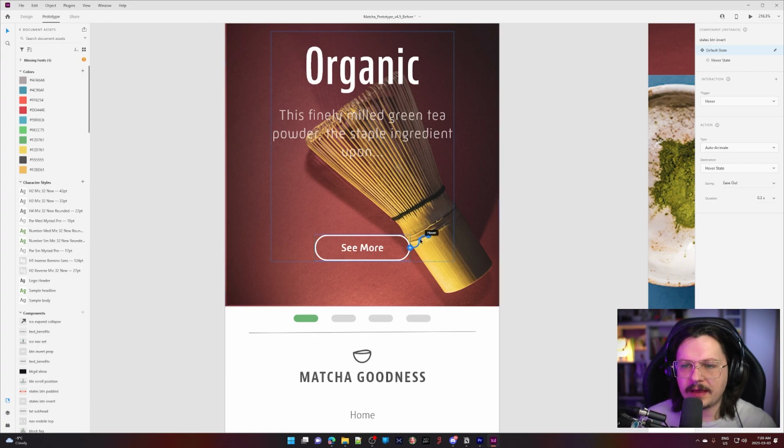That's just a hover state. We're going to add a new one by clicking this plus button here, and you'll see over on the right-hand side we have a tap interaction that's been created. I'm going to keep that trigger as tap, and I'm going to choose type hyperlink. Once you choose the hyperlink type, you can type in a URL,